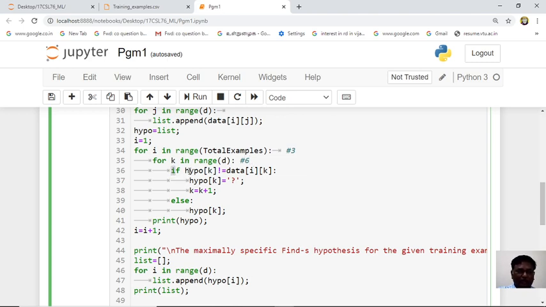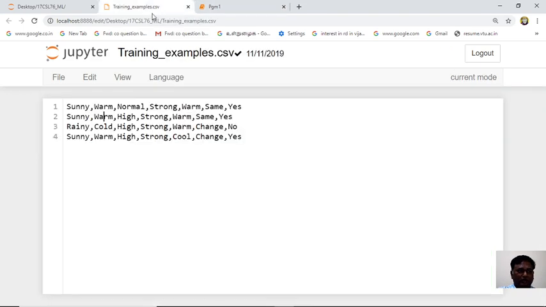If hypo of k, so the initial value, the first value. Here the for loop will take index value 0. So hypo of 0 is not equal to data of 0 comma 0. Is it equal or not equal? You can see it is equal. So sunny equal to sunny, correct?